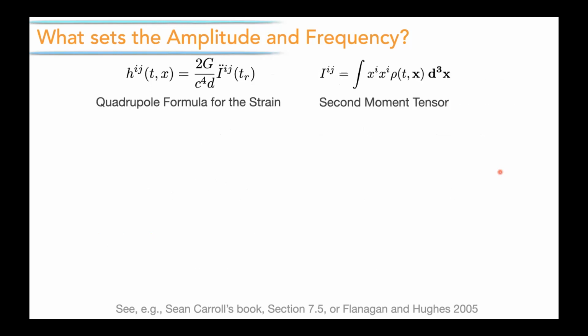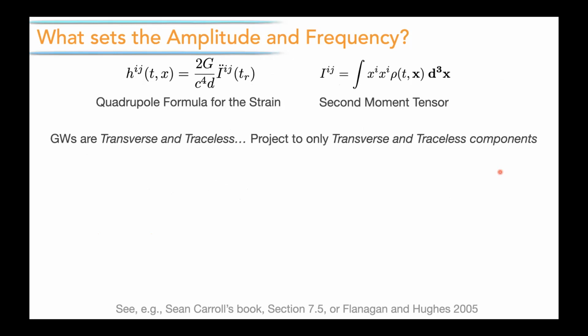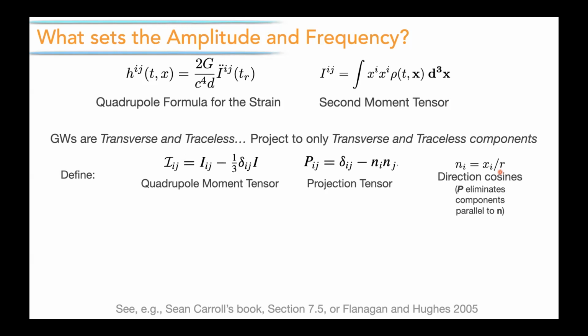Okay, so that was our quadrupole formula. And I just wanted to make one point here. We can just look at this quickly. You notice there is no angular dependence on the strain in that expression. But if you project, and I'm just going to give the ingredients here, project that solution onto, for example, an observer at some direction with unit vector n,